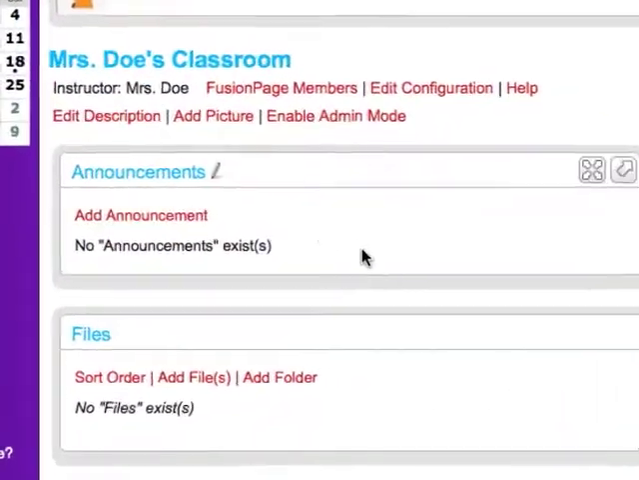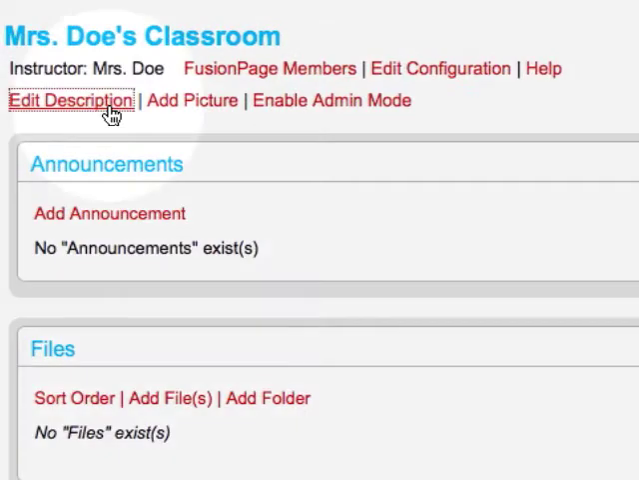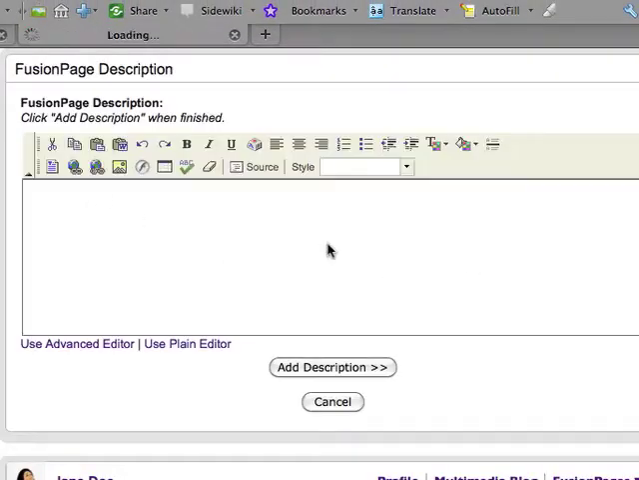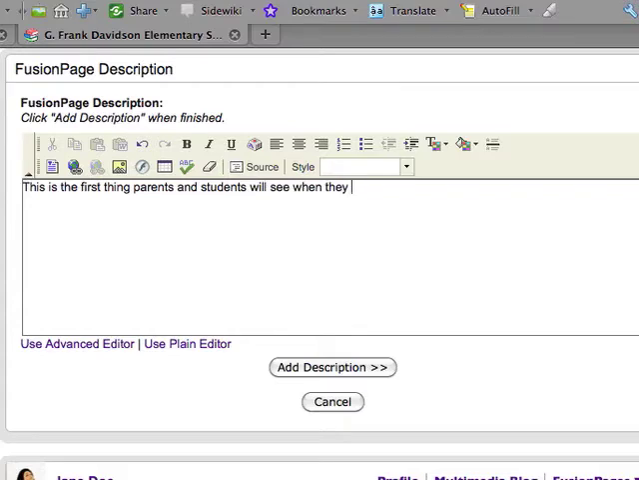First thing we need to do is edit the description. This is the first thing your parents and students are going to see when they come to your page. This can be the same or similar as your personal statement. It needs to tell parents and students who you are, your experience with education in the district, and some of